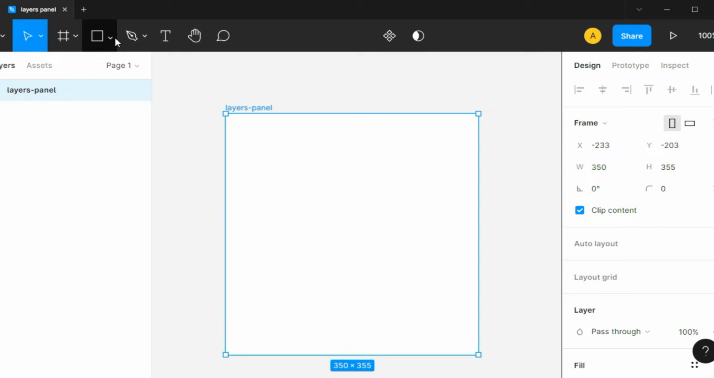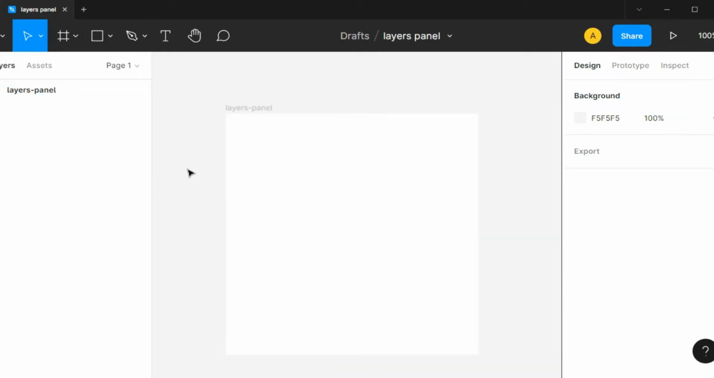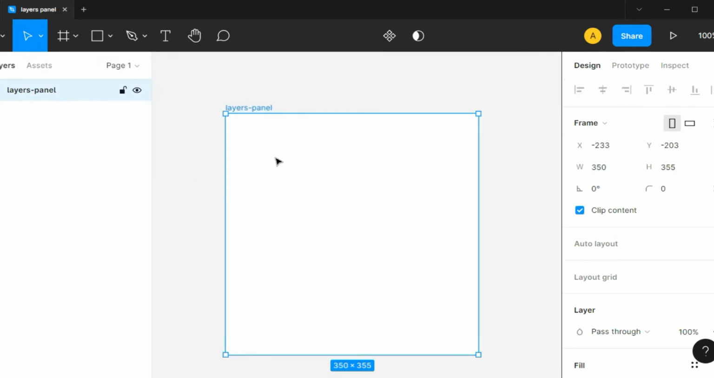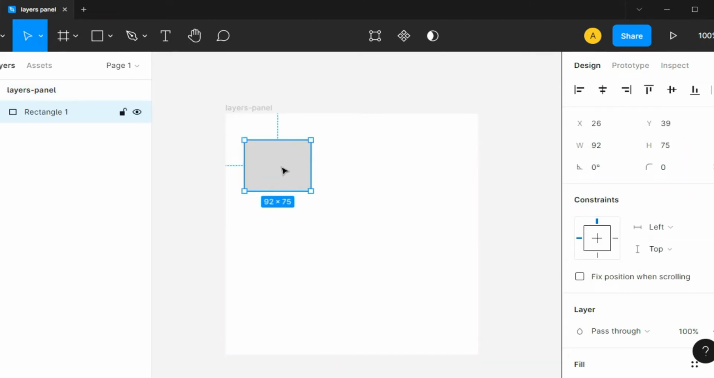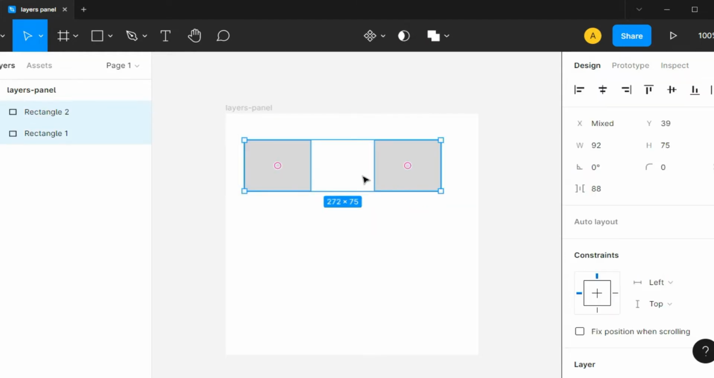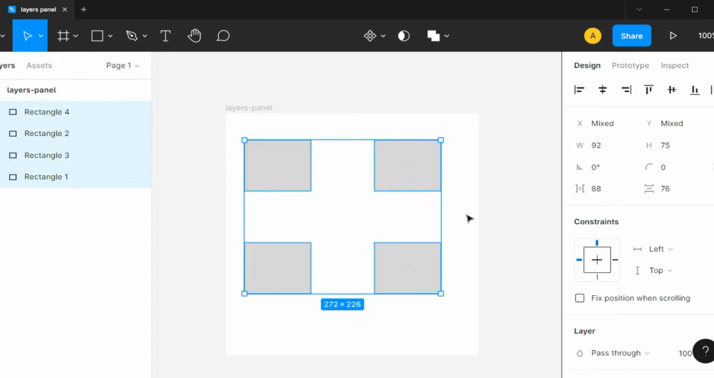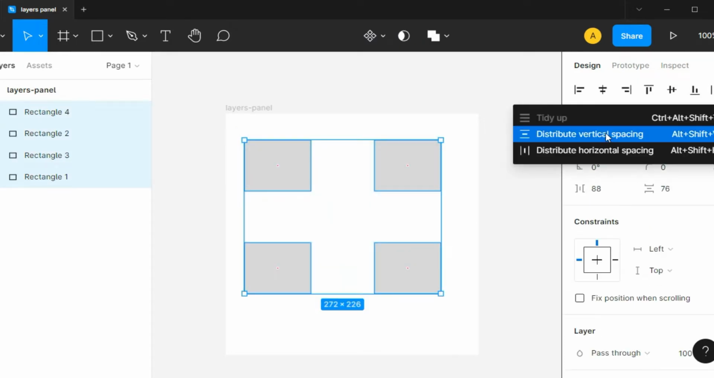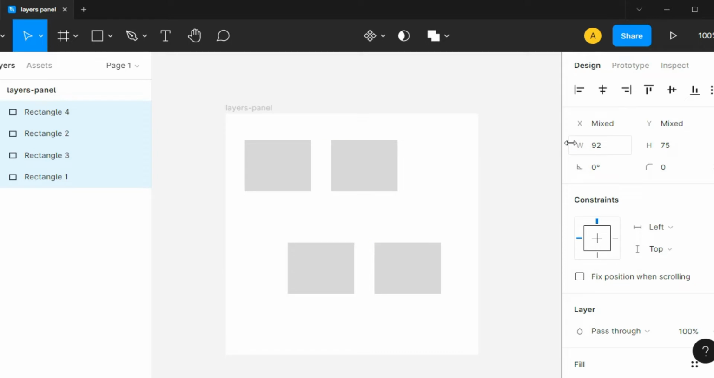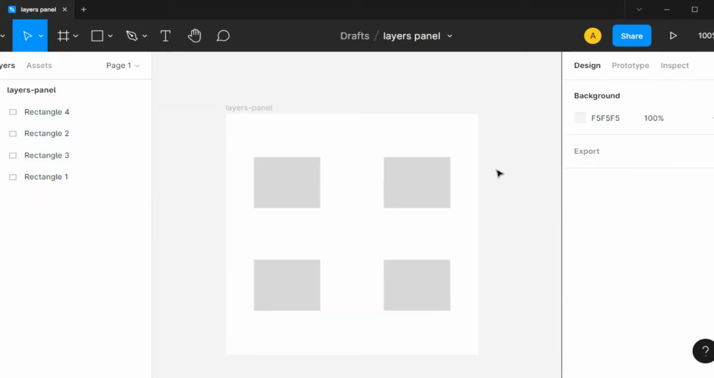Remember, whatever shape we choose, either rectangle, line, arrow, ellipse, polygon, star, even images, I would say, are basically objects in Figma. So for now, I will just create a rectangle and then copy it one more time, and then copy both of these again, and then I'll distribute their horizontal spacing. Now I will place it in the middle. So you see,